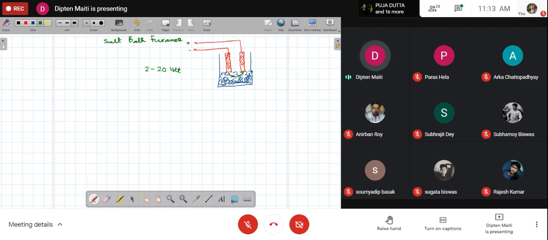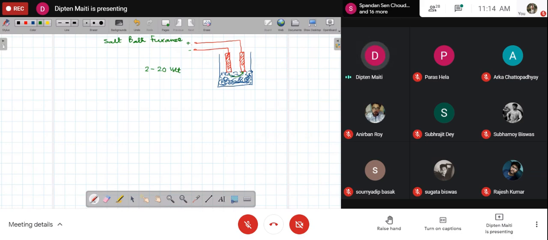Now, usually for any electrical conductor, as the temperature increases, the resistance becomes higher. However, for salt, or this sort of material, as the temperature increases, the resistance becomes lower. So you need to regulate or modify the transformer. Usually the tap or turns ratio determines the voltage across the secondary, where you can control the voltage.